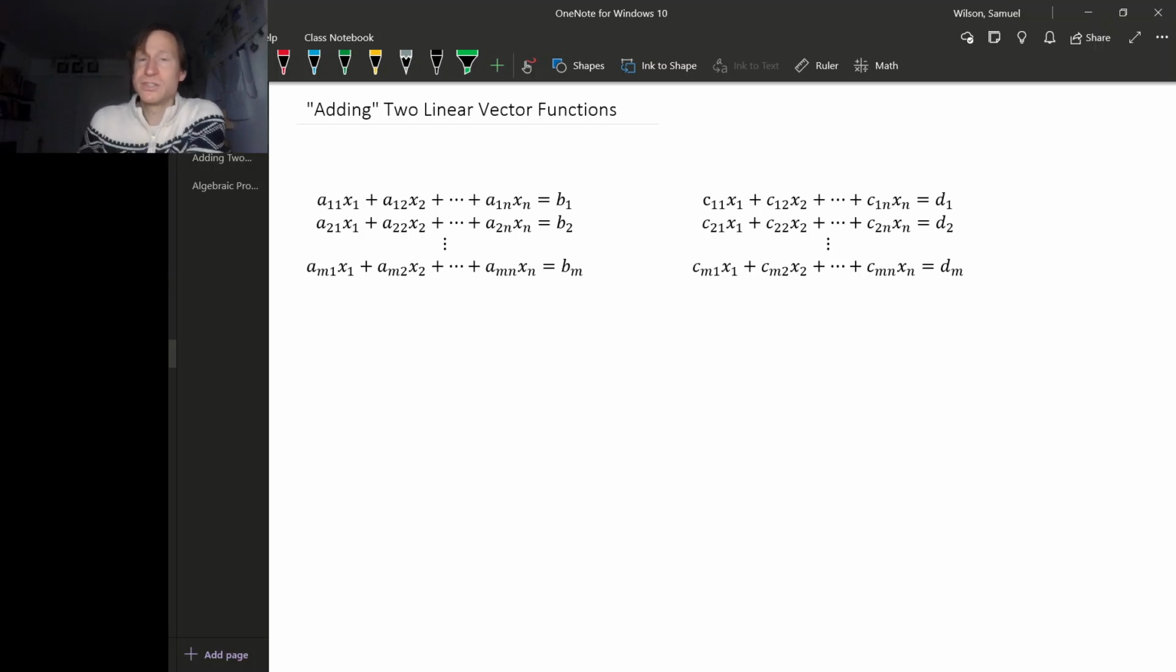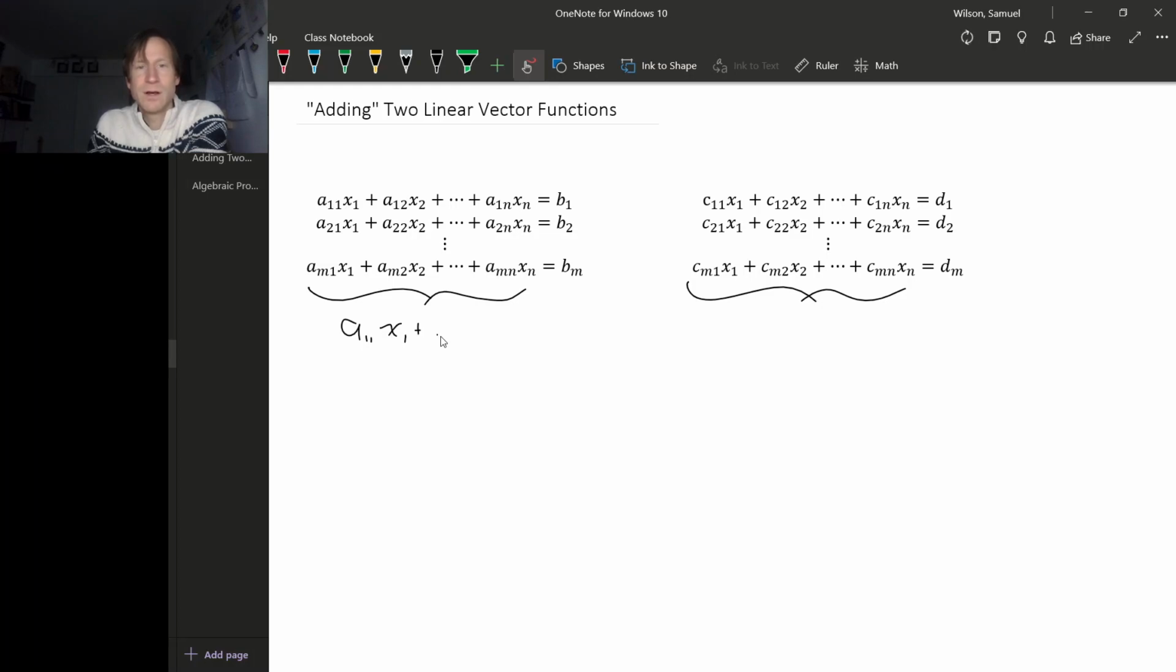So what are the operations we can do with these linear vector functions that we're describing with matrices? If we have two systems of linear equations like this, each of them we can represent each left-hand side using a matrix. So for the one on the left, this linear vector function would be